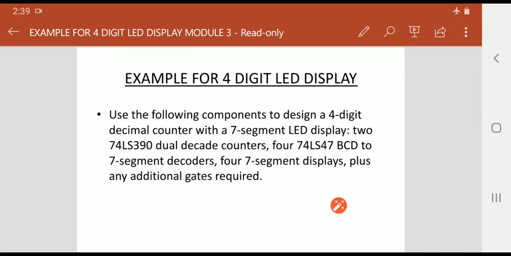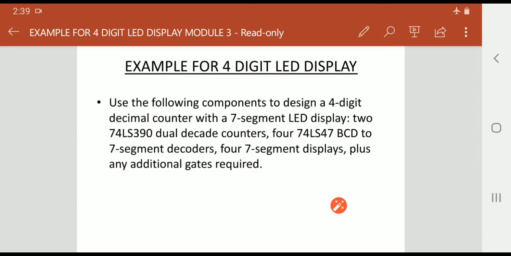The main intention of this example is that we need to convert 0 to 9 BCD numbers into equivalent 7-segment codes. Then those codes need to be displayed on the LED display. To perform this, here we are using